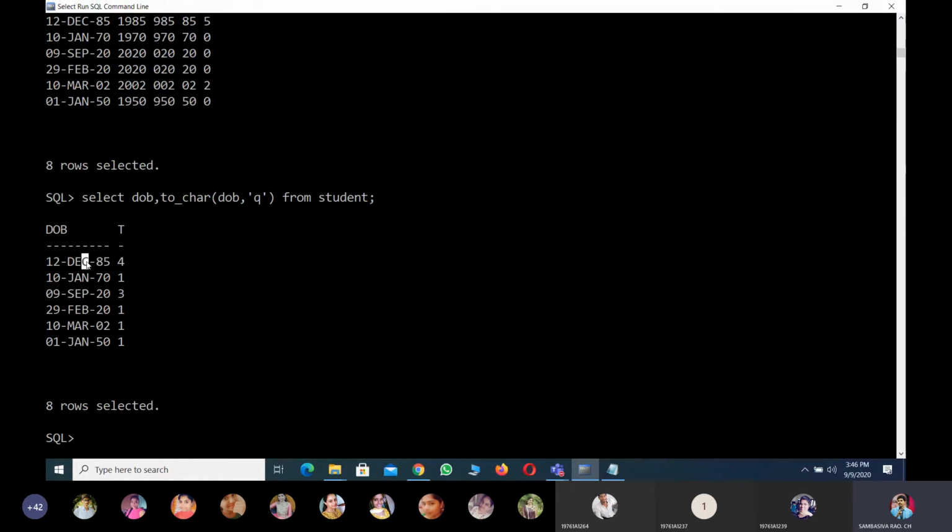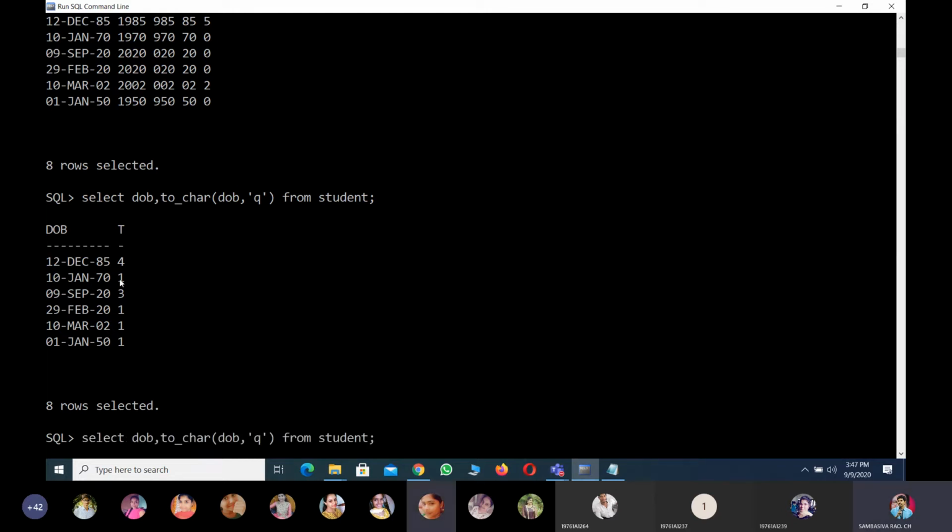January, February, March will be treated as quarter 1. Next, April, May, June is quarter 2. July, August, September is the 3rd quarter. October, November, December is the 4th quarter. So the year is divided into 4 quarters, and we have only 4 quarters for every year: 1, 2, 3, 4. 1 stands for January to March, 2 stands for April to June, like that. Okay, is it fine? That is the quarter of the year.